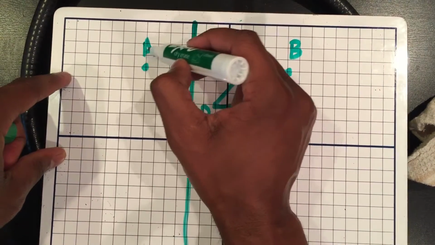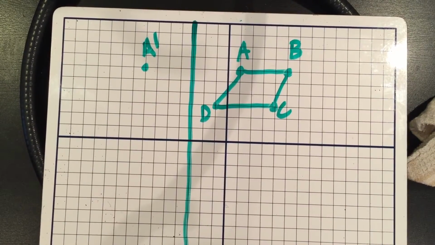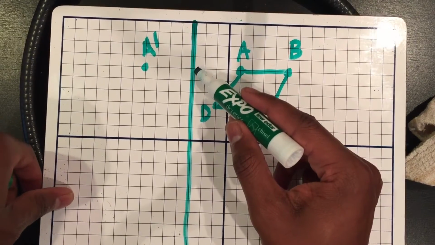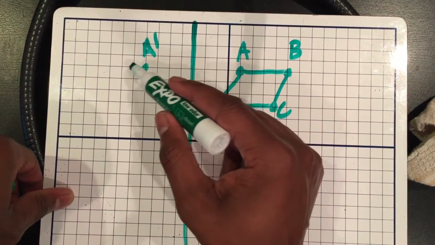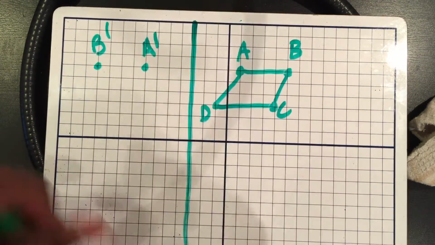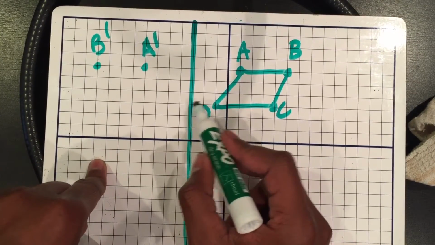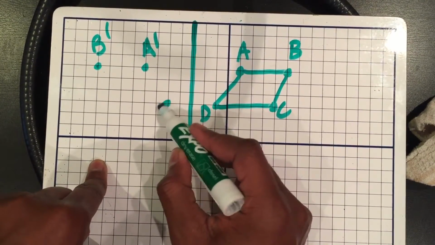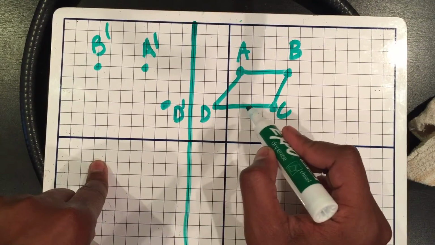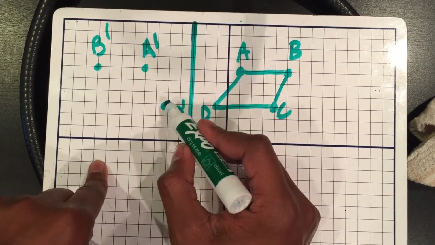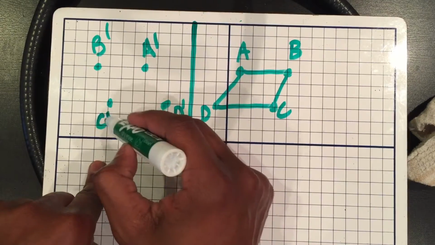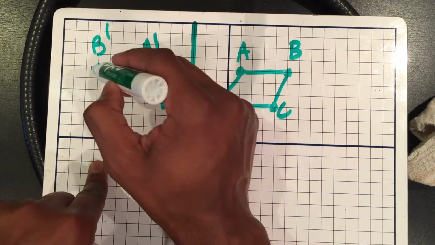That gives us A prime. For B, B is 1, 2, 3, 4, 5, 6, 7, 8 away, so we want to move 1, 2, 3, 4, 5, 6, 7, 8. And that gives us B prime. D is 1, 2 away, so we want to move 1, 2 in this direction. Call that D prime. And C is 1, 2, 3, 4, 5, 6, 7 away, so we want to move 1, 2, 3, 4, 5, 6, 7. And so now we have our